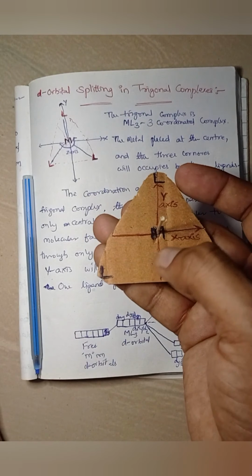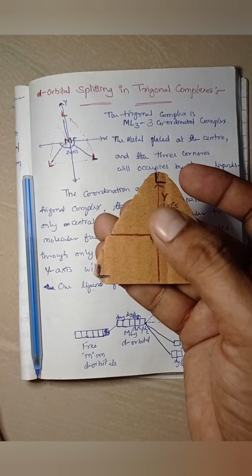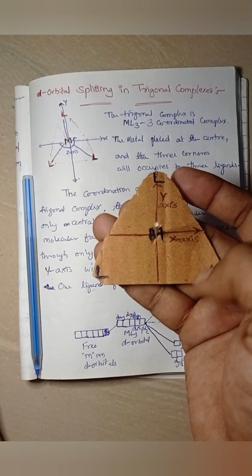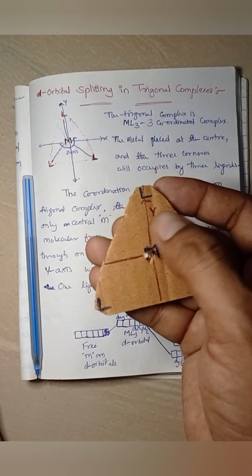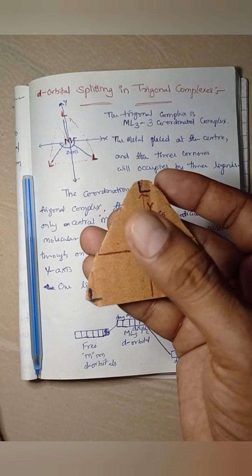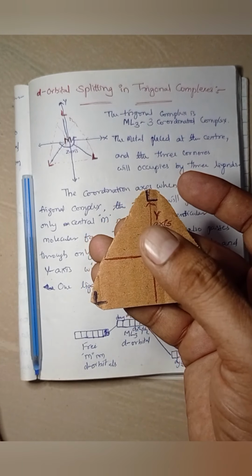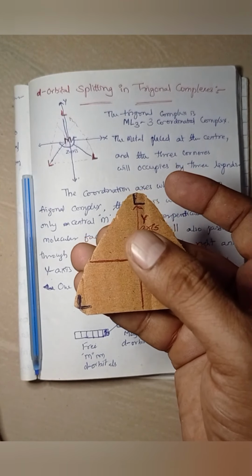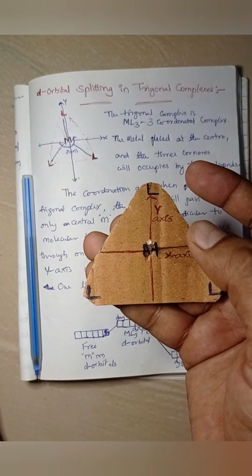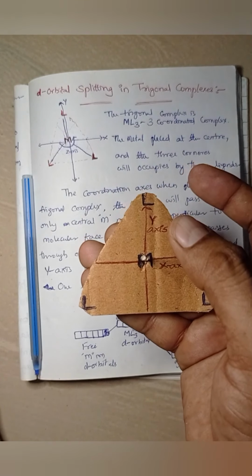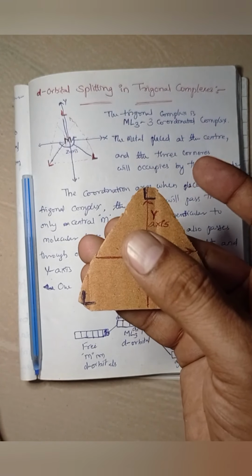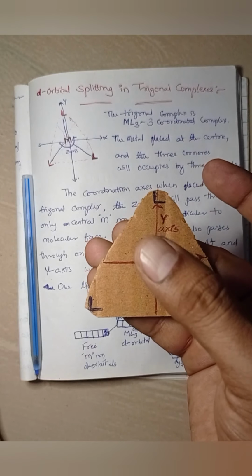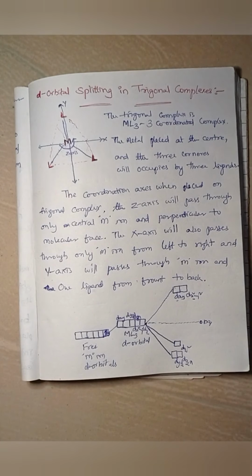Right. The dz square has lobes along the z-axis, like this, above and below the molecular plane, with a smaller spherical lobe in the middle. Right. The above and below lobes will not have any ligand interaction. Along the z-axis there are no ligand sites. Nearby the z-axis also there is no ligand site to have any partial or direct interaction. So the dz square orbital will stabilize to a lower energy level,